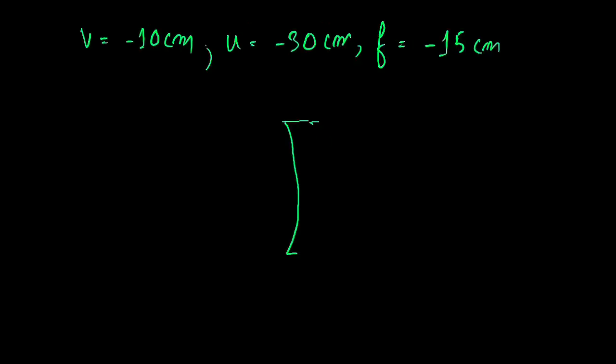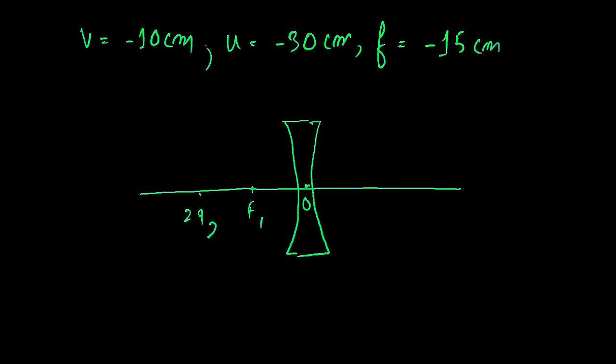Then the image will be a little bit clear for you. And this is nothing but the optical center. I will draw the principal axis which will pass through the optical center. This is 2F1, and this is F2, 2F2. The focal length is given as F equal to 15 centimeter. We have just considered the magnitude here. So this is the focal length, 15 centimeter.